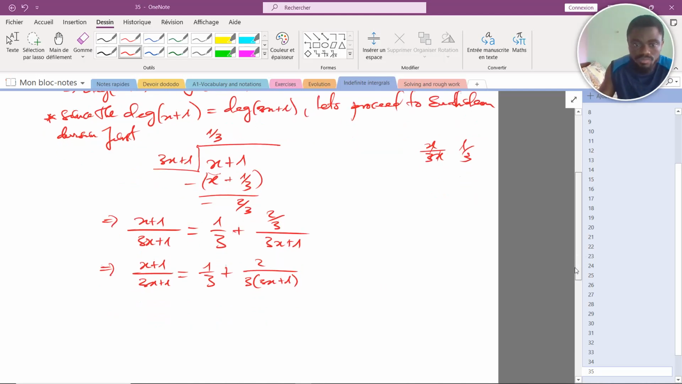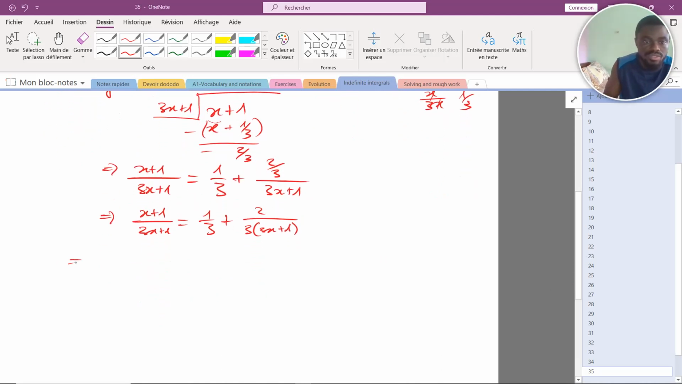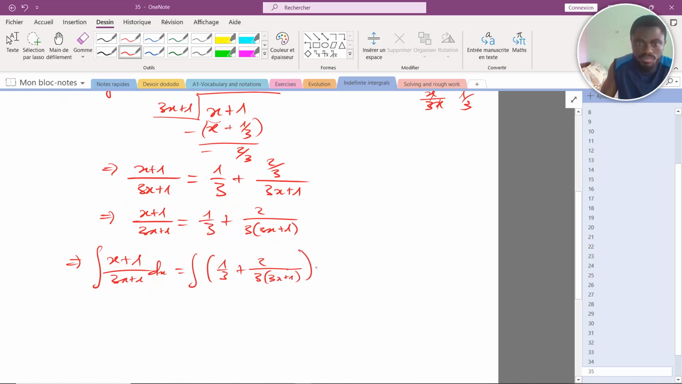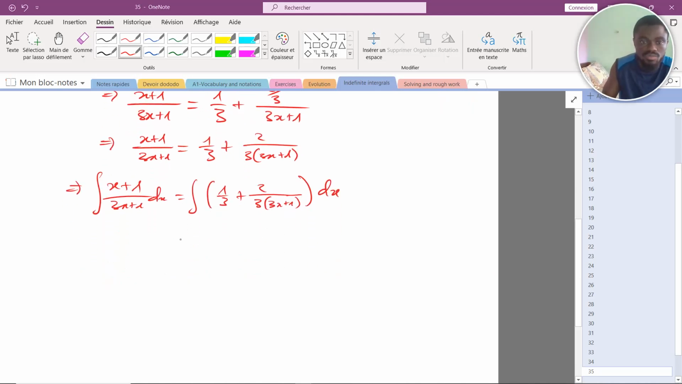Okay, so this implies the integral of (x+1)/(3x+1) dx will be equal to what? The integral of all of this. So the integral of (1/3 + 2/3) over (3x+1) dx. So this will be equal to the integral